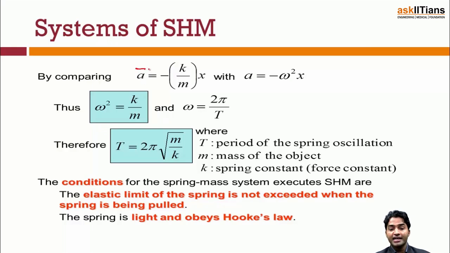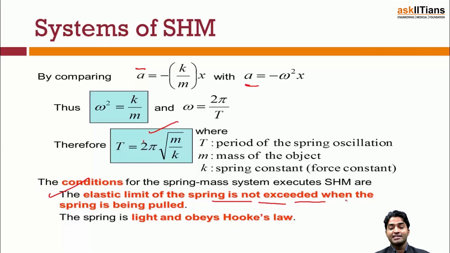That's why we got a is equal to minus k by m into x, with a is equal to minus omega square into x. So we get omega square equal to k by m, and omega is equal to 2 pi by T. Therefore T equal to 2 pi into under root m by k. So the conditions for the spring mass system to execute SHM are: the elastic limit of the spring